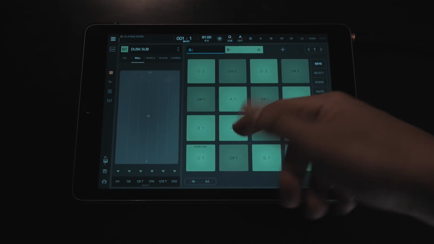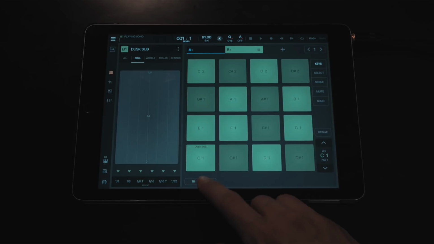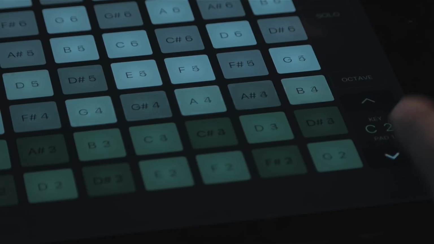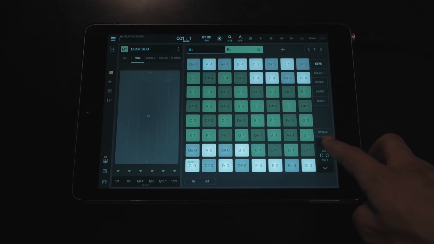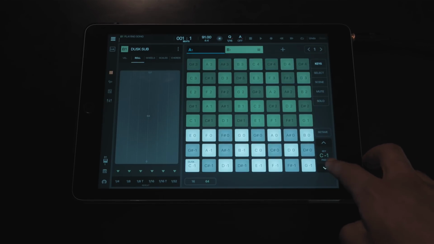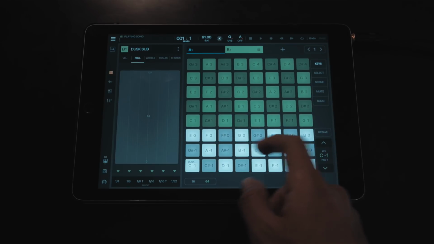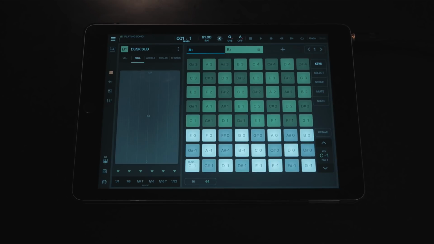Now we have 16 more pads, but if we tap the 64 button below, we instantly have access to a significantly bigger control surface. We can tap the up and down arrows to the lower right of the screen to lower the field of view and see more of our buttons. Also, important thing to note, each sound when loaded has a color. The blank pads don't have colors. Just important to keep in mind.